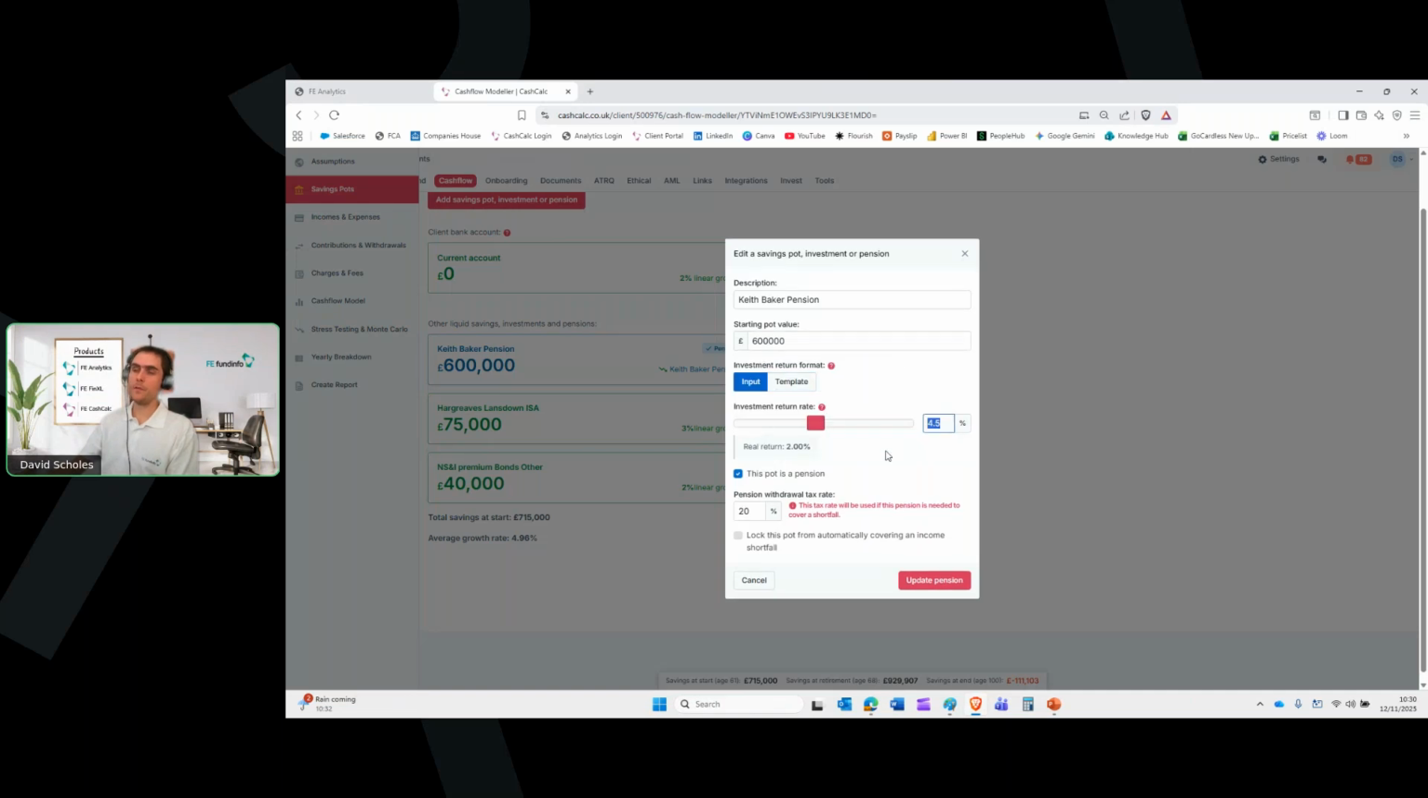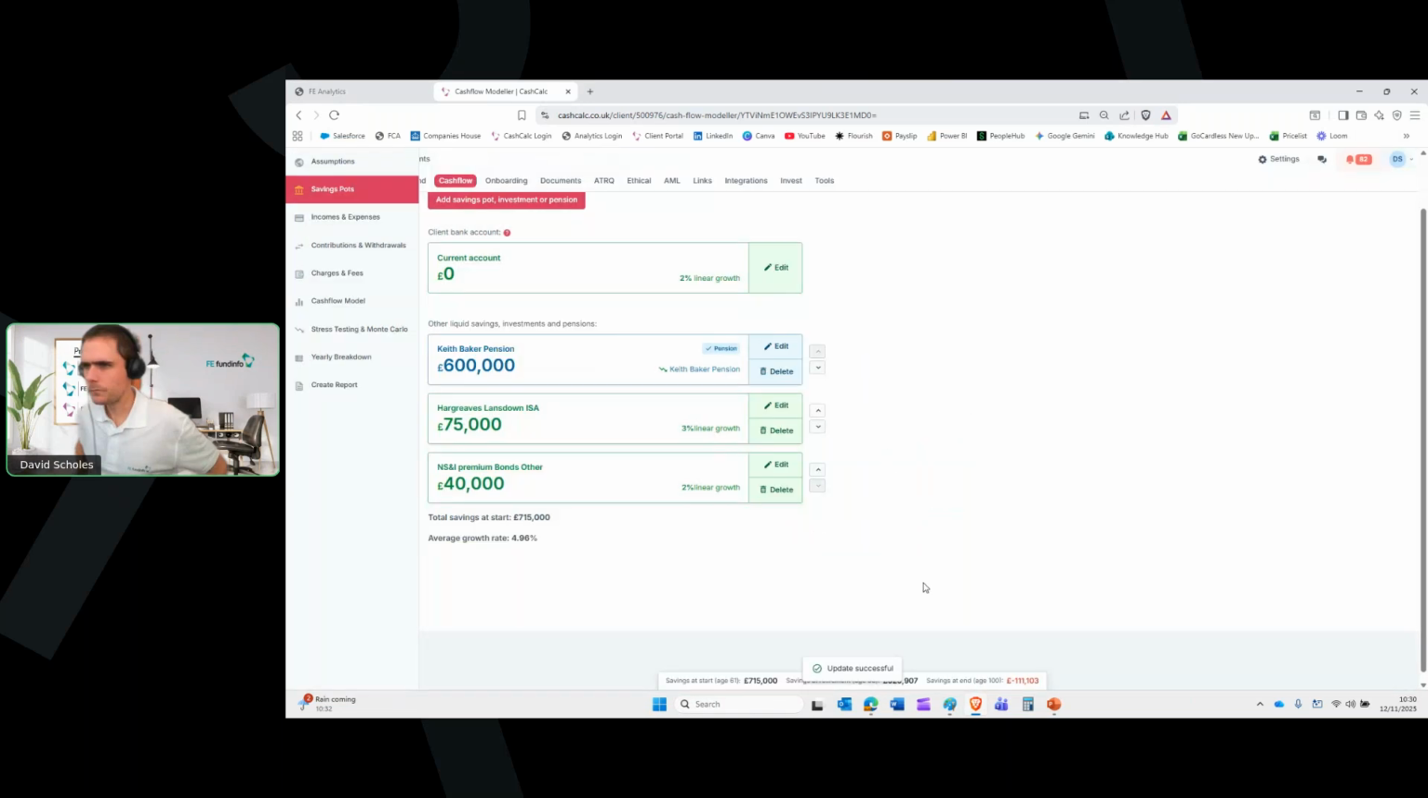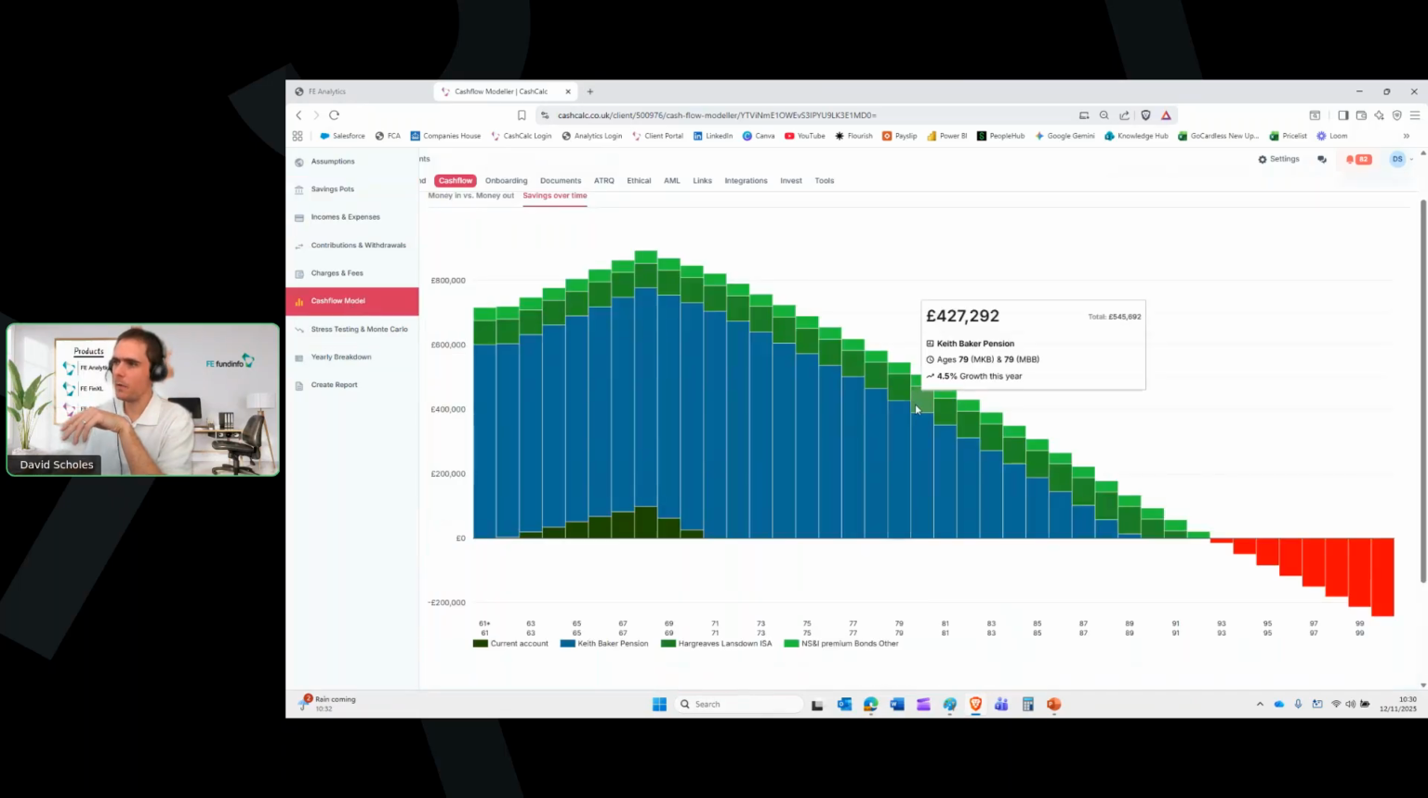What it should have been is 4.5%. It was growing out. Let's just reset this. Sorry, I was messing around with this earlier before the call. I should have reset it. So this is what it should have been initially. And if I go back to my cash flow model, it should have been running out kind of early 90s,